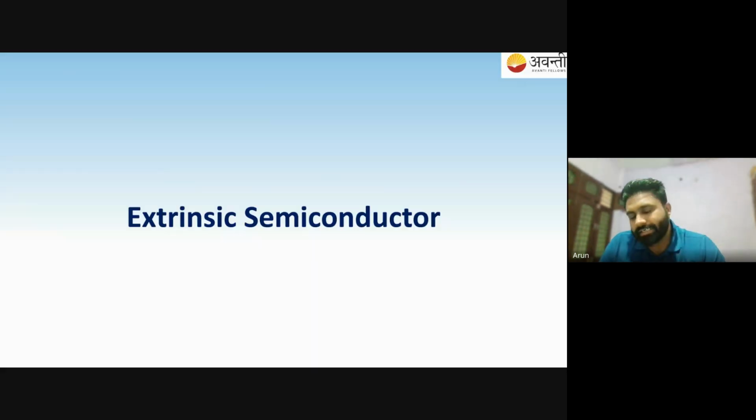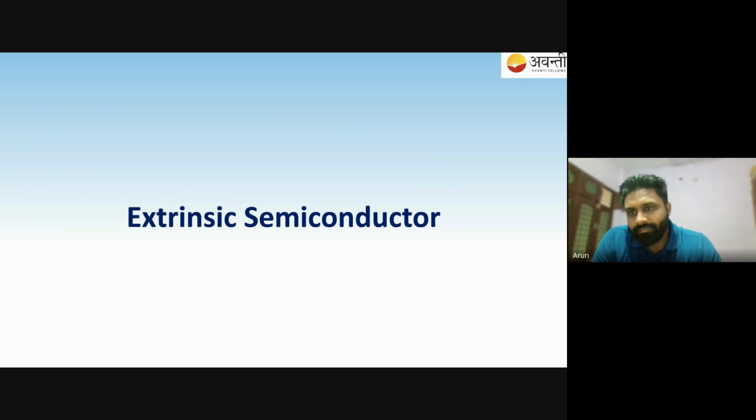Now, extrinsic semiconductor is what we are interested in. Extrinsic semiconductor is nothing but the solution to the problem that we are facing when using intrinsic semiconductor. When we use intrinsic semiconductor at room temperature, we do not get suitable conductivity. So there is no scope of using that kind of semiconductor in any electronic devices. Got it? So we will come up with a solution in the form of extrinsic semiconductor.